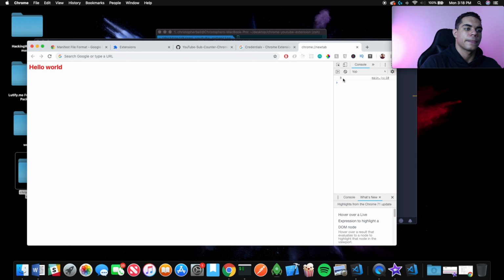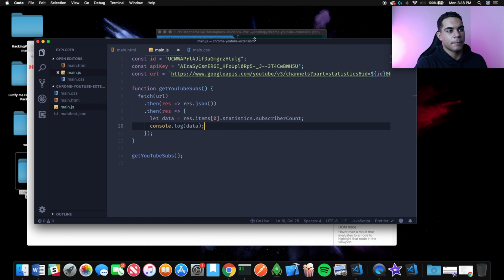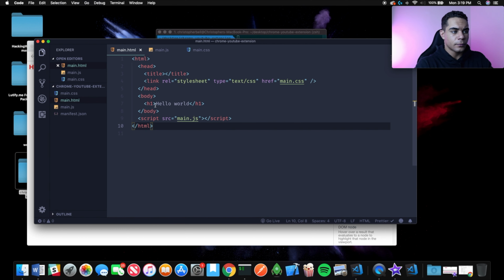Command R to refresh, and we get that 8. So that is what we want. We want to take this 8 and now display it. Instead of hello world, we want to display this 8 right here. And to do that, we are actually going to go back over to our HTML file,